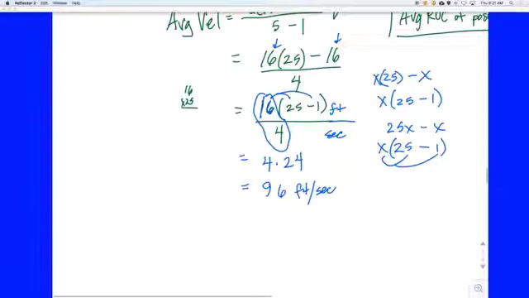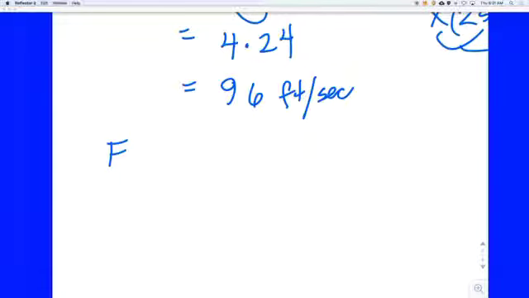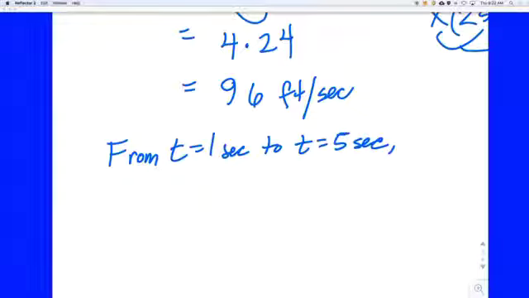So here's what you would say. We're going to do it like an engineer, not like an English poet, okay? From t equals 1 second to t equals 5 seconds, comma. There's your introductory adverbial clause referencing the interval of time. Now, English majors can kind of improve on that, saying, during the 4-second interval from 1 to 5 seconds, right? We're not going to do that. We're just going to say, hey, from t equals 1 second to t equals 5 seconds, comma,